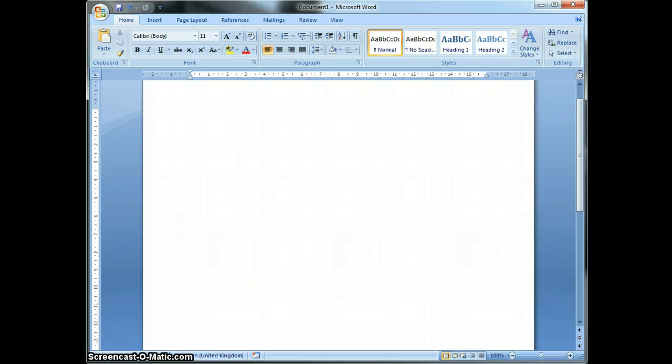So by pressing the print screen button, we've put a copy of the picture of our screen into the clipboard. That's all we've done. And we can't access the clipboard, we can't do anything with it. We've just put that picture into the clipboard. Now to retrieve, to get that picture